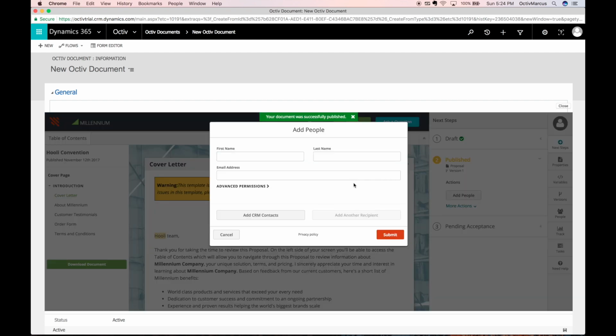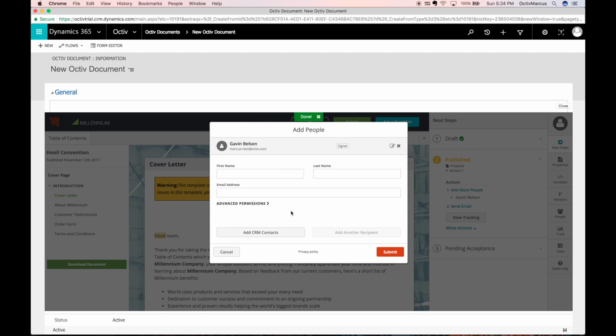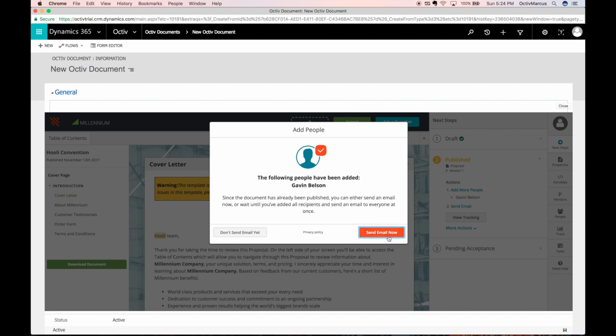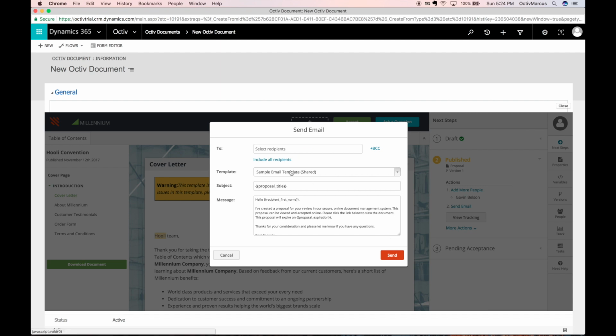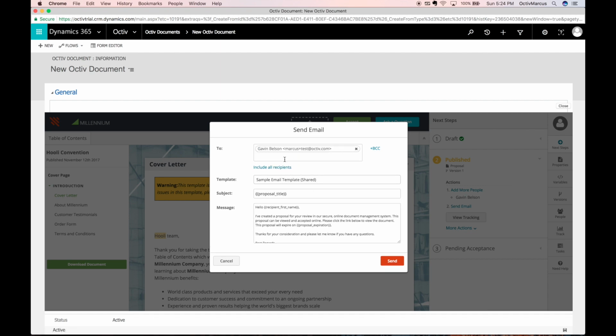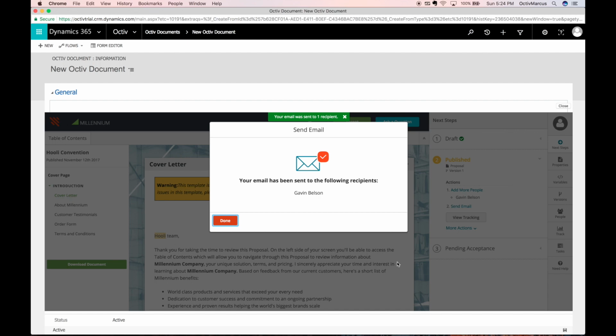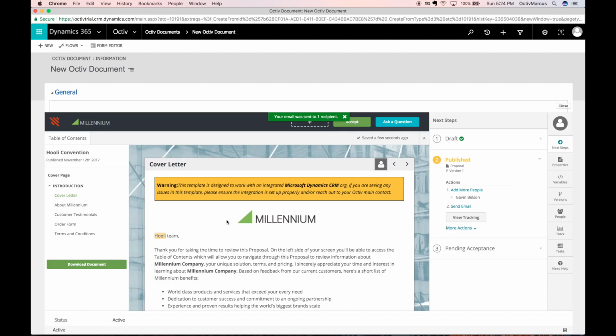We'll continue adding people, where I'll add CRM contacts. And we see that Gavin has been added. I'll click Submit, where Octiv will prompt me to send email now, where I can include my recipients, edit the email if I choose to, and click Send. Once my document has been sent,